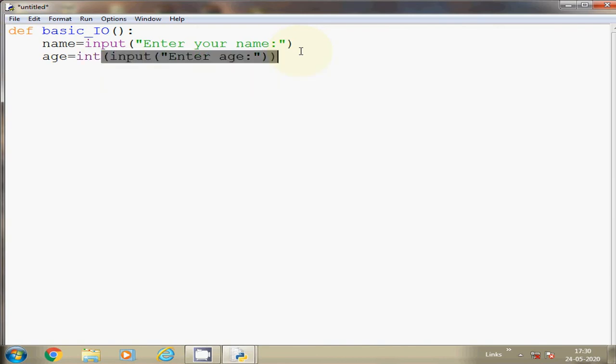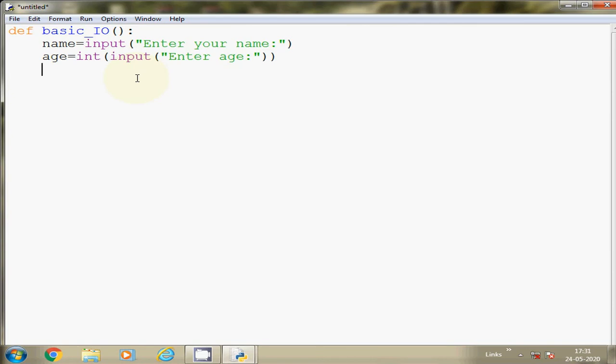Typecast means you have to change the string into integer. So this statement changes your variable value from string to integer. When the integer function is used, it will convert the string value into integer. Whatever number is entered by the user will be considered as a number as the final output, so you can write integer. So now both inputs are completed.